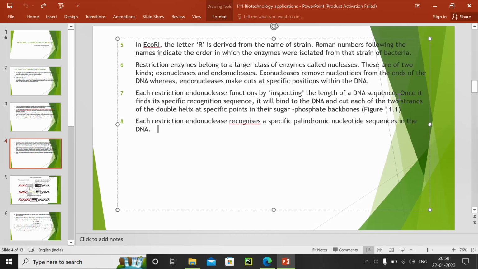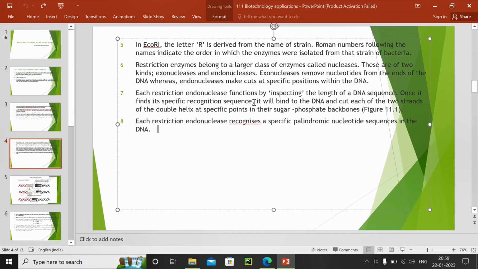Once it finds its specific recognition sequence, which means a particular sequence responsible for recognition by the enzyme, this restriction endonuclease inspects the DNA, finds its recognition sequence, and cuts the DNA molecule, separating the two strands of the double helix,